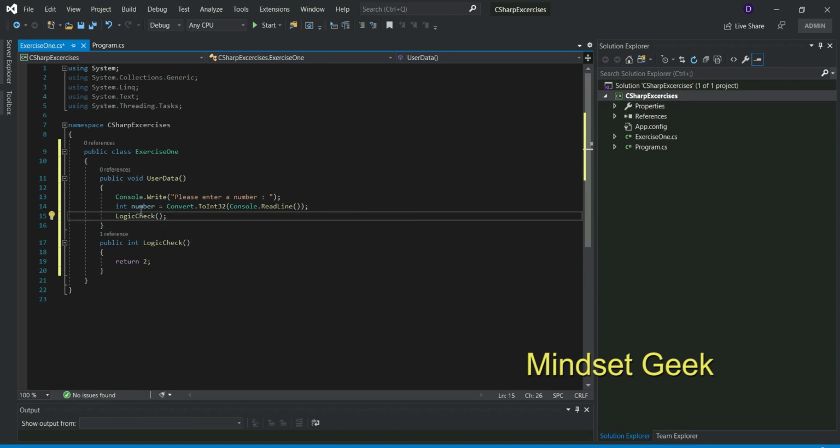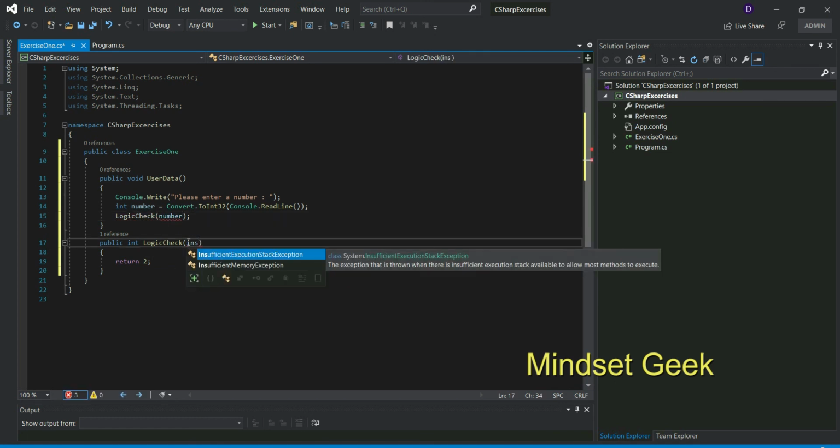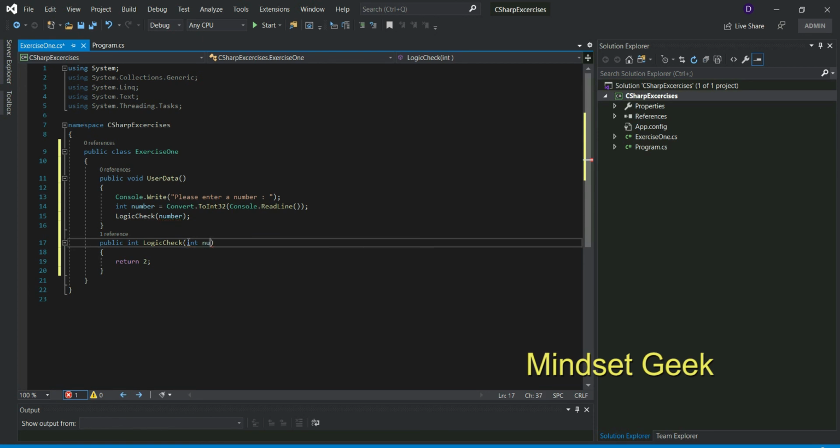That's it. And we pass this number, and we accept in this method an integer type value. Now, when we call this method, we have to give some number. This time we'll declare a method. This time we call the method. When we call, we have to give some number. So it should be integer type, right?